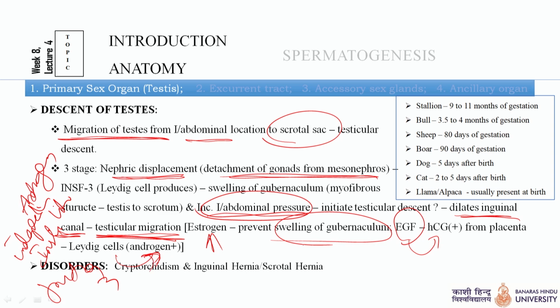This androgen causes the swelling of the gubernaculum, whereas estrogen prevents the swelling of the gubernaculum, that you need to remember. Then the disorders related to the descent of the testis, one is cryptorchidism, that is